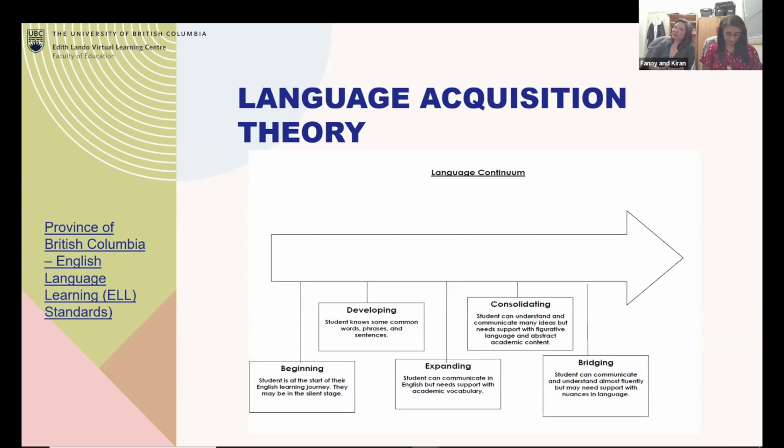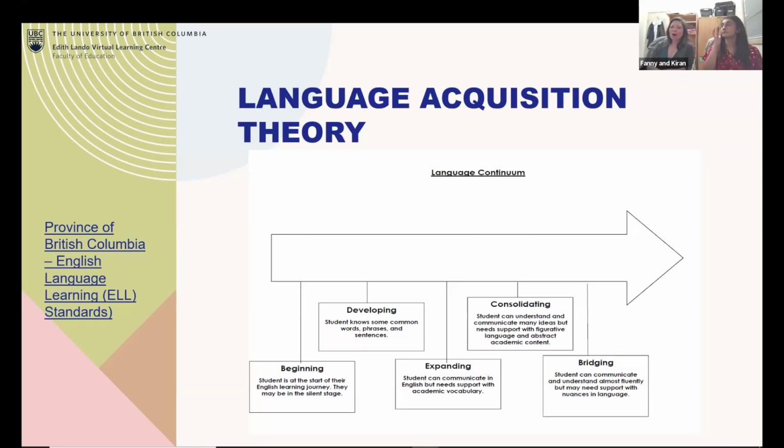So when we have students who are at the beginning level, that's literally someone at the very beginning of their journey in terms of learning English. A student who is considered to be developing is a student who has some words, some phrases, and sentences that they understand and are able to use. An expanding student is someone who can communicate in English, but may need support with the academic vocabulary that they're